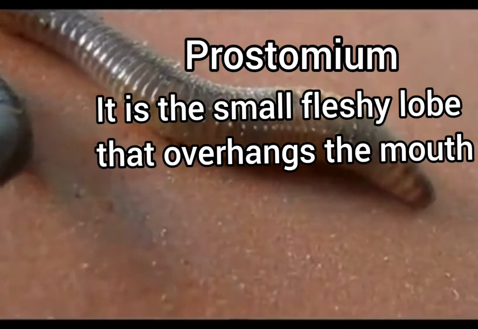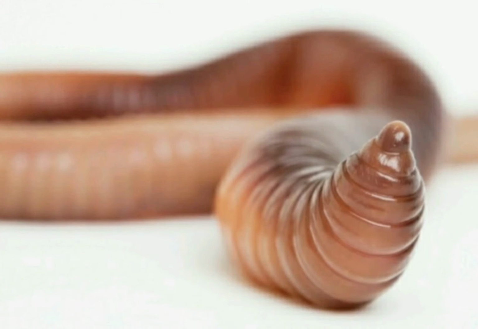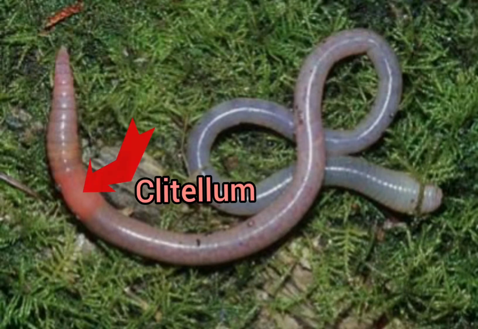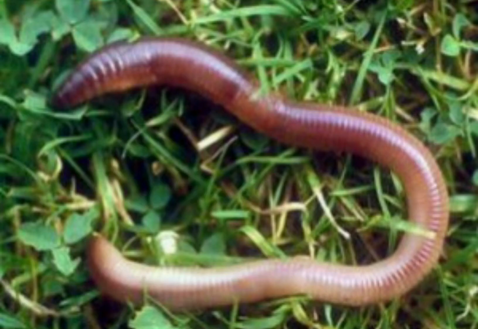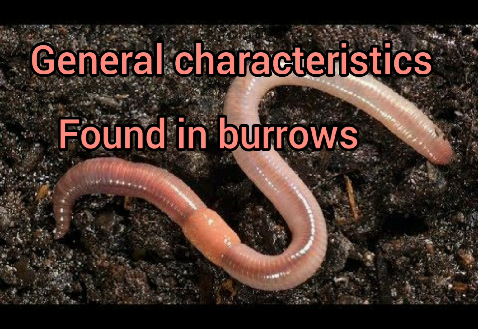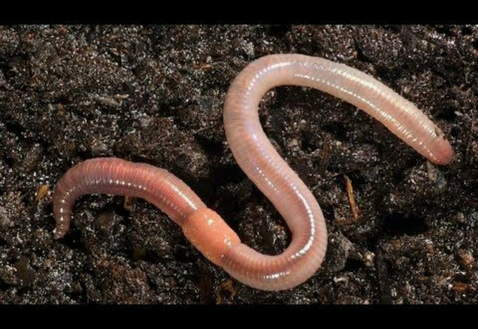Now, on the ventral surface of the body of Pheretima, there are 4 pairs of openings of spermatheca which are situated ventrolaterally in the grooves between the 5th-6th, 6th-7th, 7th-8th and 8th-9th segments. The general characteristics of these organisms: they are generally found in burrows in moist soil where decaying vegetation or organic matter is very much present. They come out from the soil during the rainy season. You can understand the presence of the organism by the casts that they release in the soil.